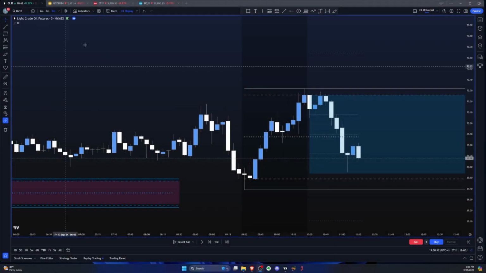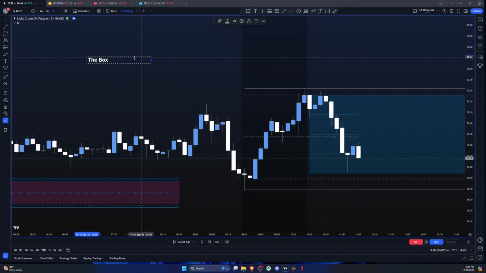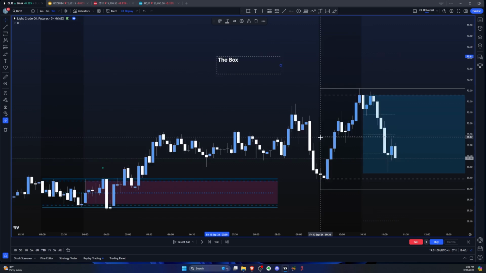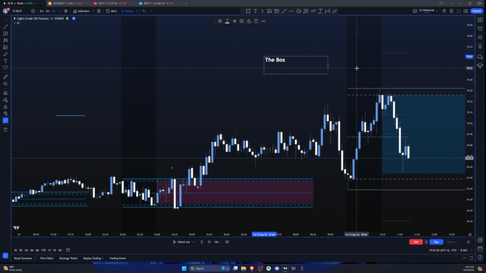All right, so let's talk about the box strategy. So let's just put the box. Okay, let me make this white so it really pops on us. Okay, the box strategy. Now, we're going to use, again, DR, IDR levels are going to be the most important